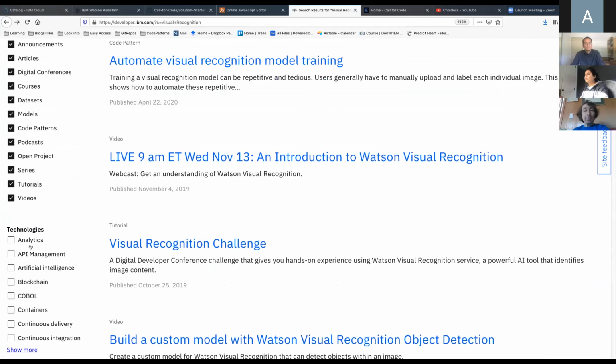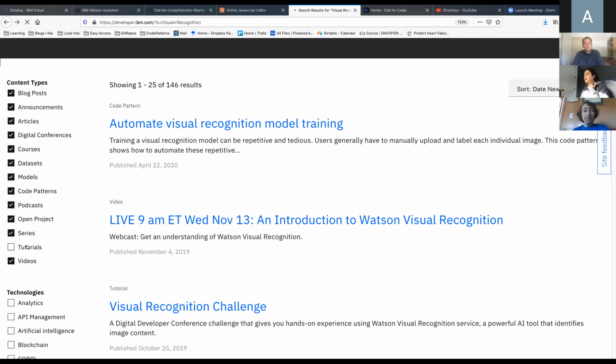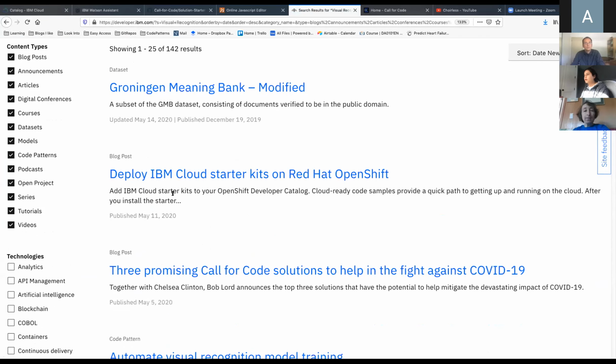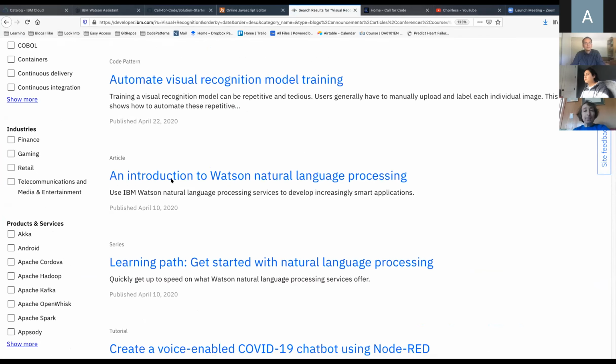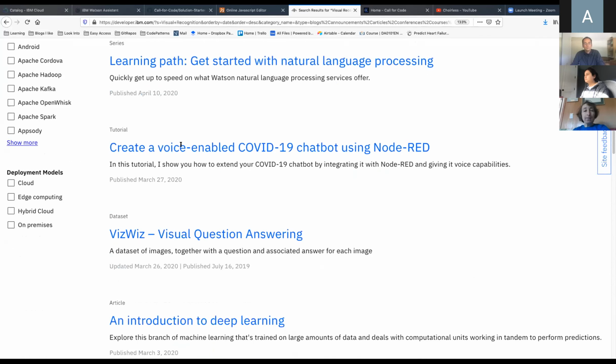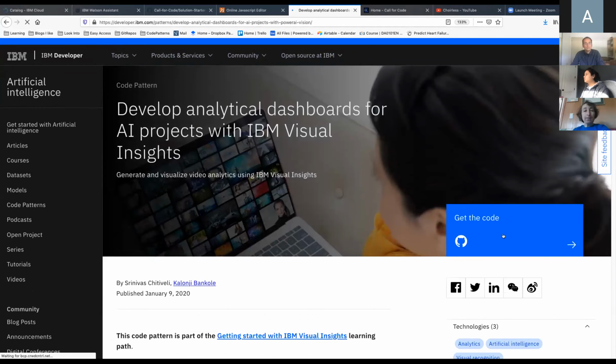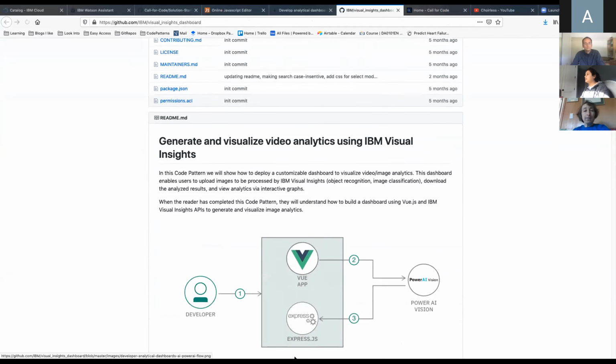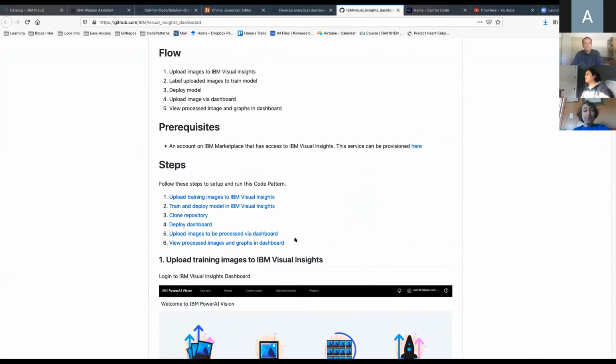If I filter by, let's look at an analytical dashboard. I think some of these you can actually get the code right here, which points you to a GitHub repo, which you could clone and download and then see how you could build something using those tools.